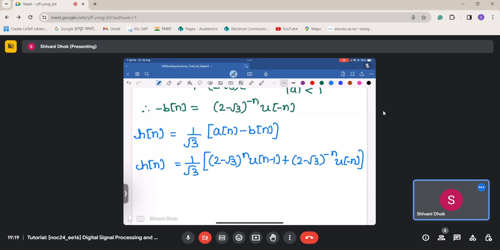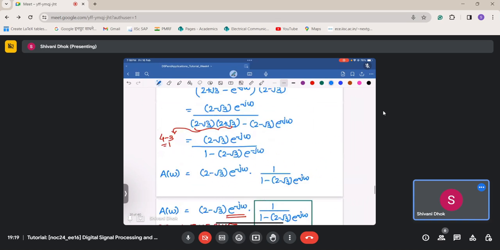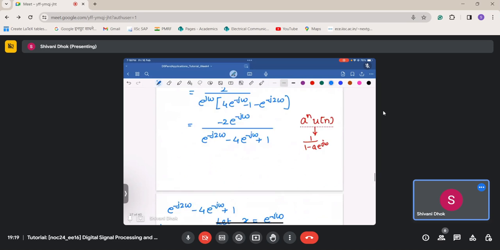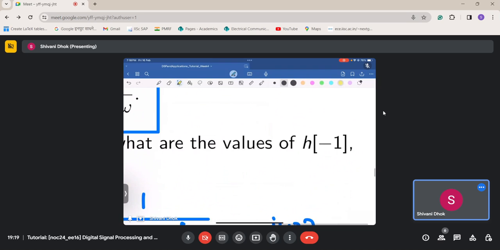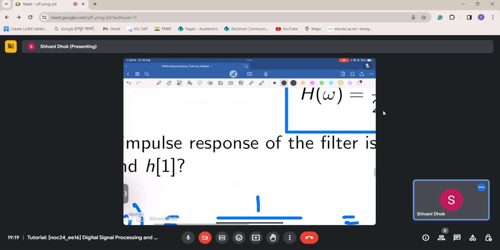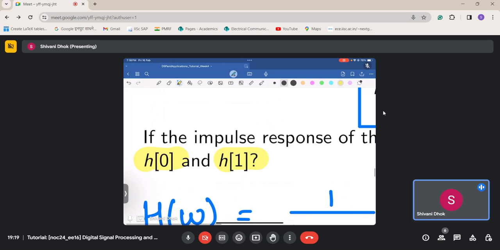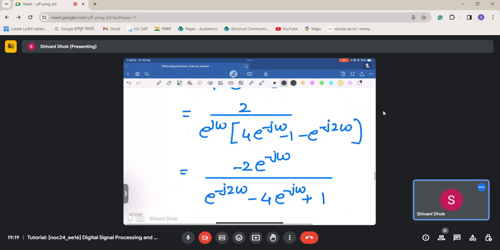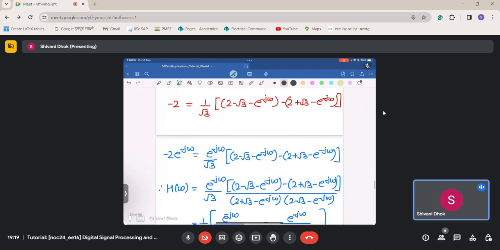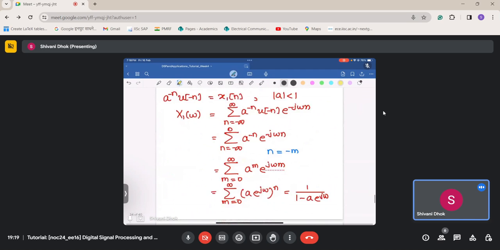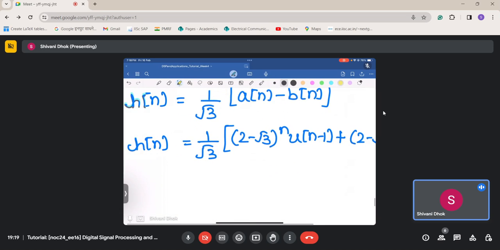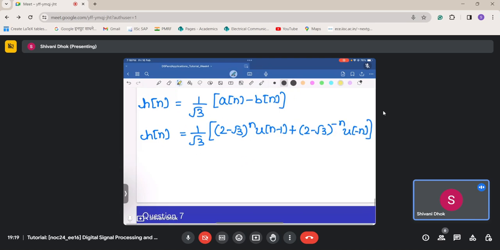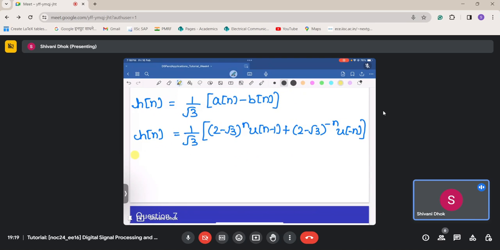But this is not our final answer. What does the question ask? The question asks us 3 values. So the question demands h of minus 1, h of 0 and h of 1. So the only thing that we need to do is just substitute n equal to minus 1, 1 and 0 in the final expression that we have found out here. So let us do that. So let us first find out